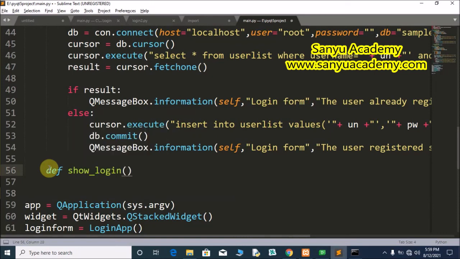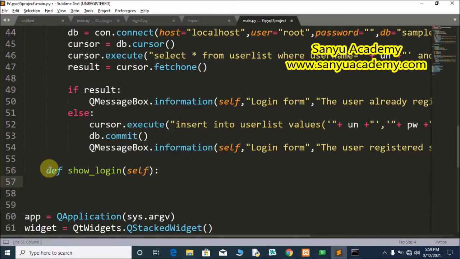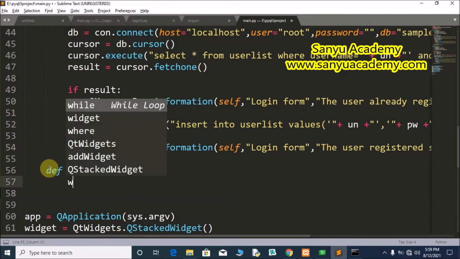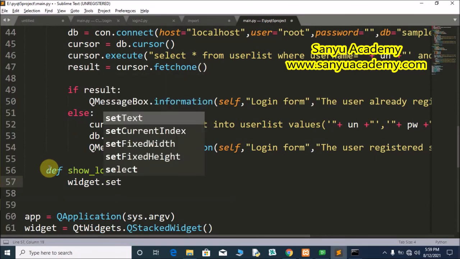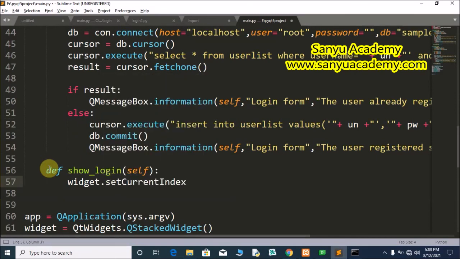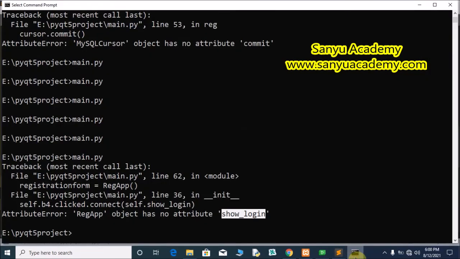This function is inside the class, so we have to provide the self keyword, colon. In this show login, we have to show the login form. For that, we can use the widget. Widget dot set current index. The login form index is 0. So save the form. Now run the project. Main.py.